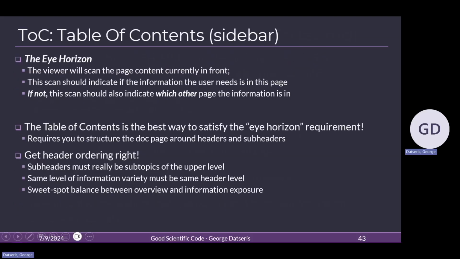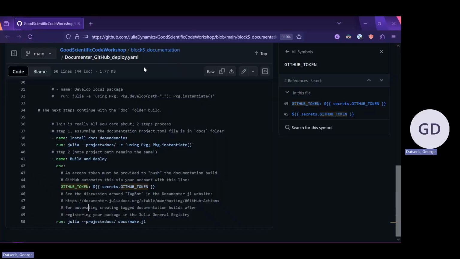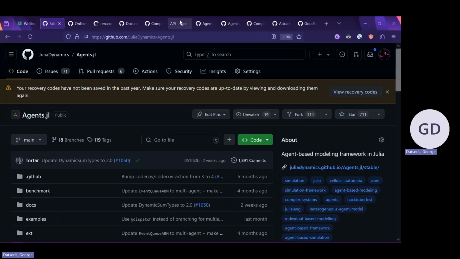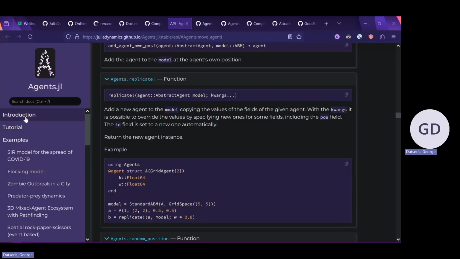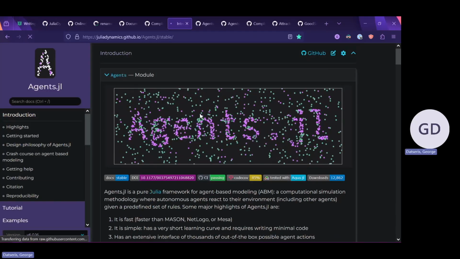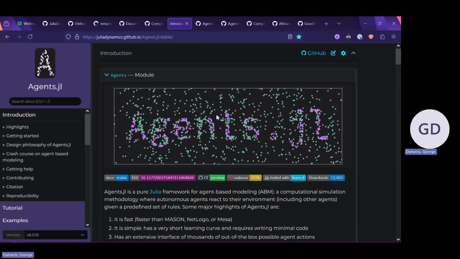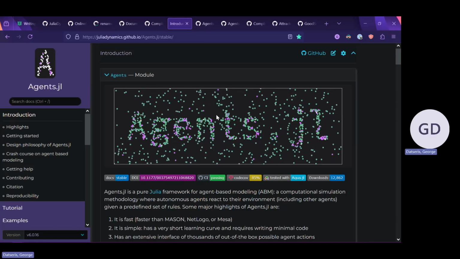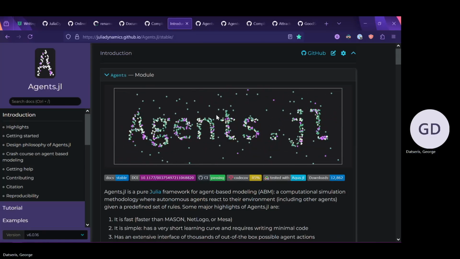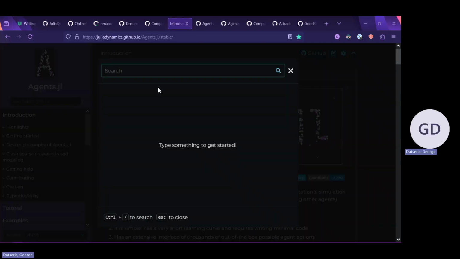Something I want to spend a couple of minutes on is the sidebar, or the table of contents. When someone reads your documentation, what they want to do, in my understanding at least, is to immediately know where the information they need is. One way to do this is with a search bar, but that's actually not always useful.